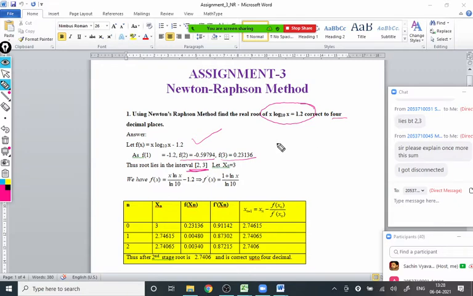Already I said in the last session, if the root exists in the interval (a, b), we always take x0 equal to b. That is a better thing for uniform calculation for everyone. Otherwise, as I already told you, you can take x0 as (a+b)/2 also. You can take 2.5 also. x0 equal to 2.5 is also a correct choice.